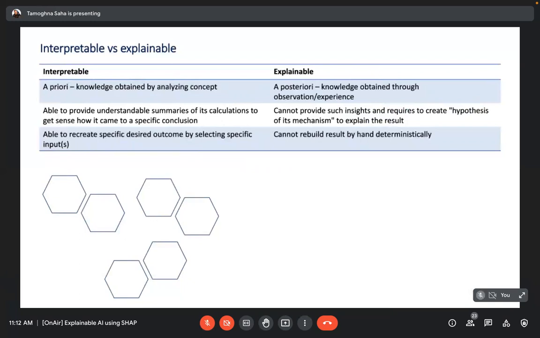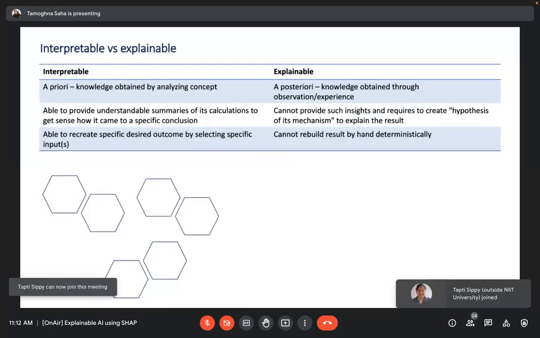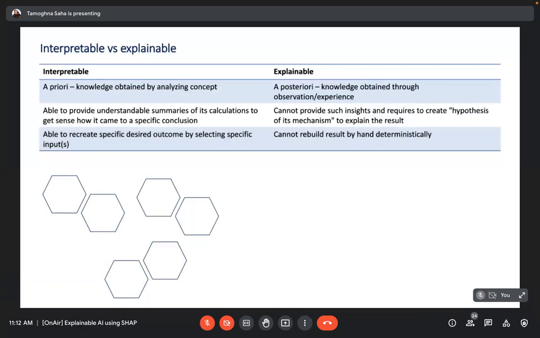And finally, when it comes to interpretable, we have those tabular records and data, so we can pass along some specific input parameters and get the necessary tweaks and changes to get the desired outcomes. So we can recreate it to some extent. Whereas when it comes to the explainable section, we might not necessarily have the ability to rebuild by hand deterministically. So these are some very high level differences between them, although they are two sides of the same coin. But there is a little bit of terminology exchange that happens, which gives us an idea why these two should be used very cautiously.